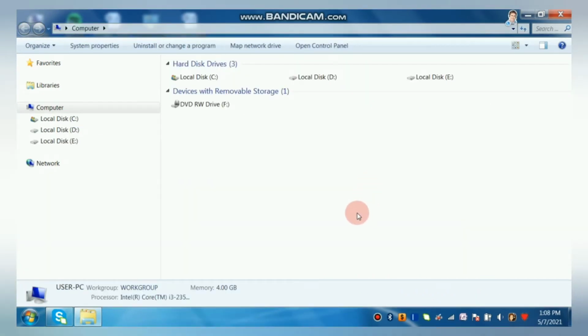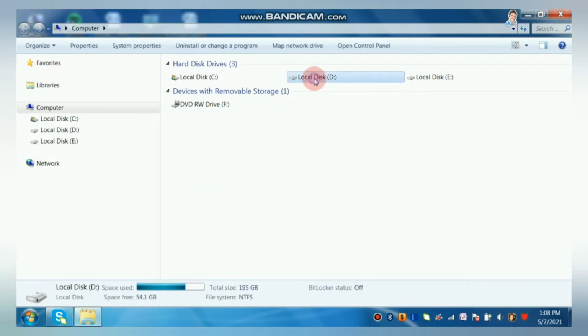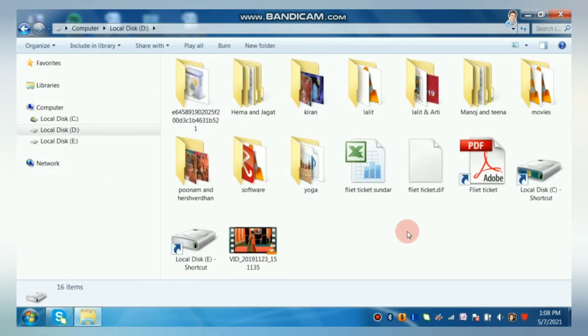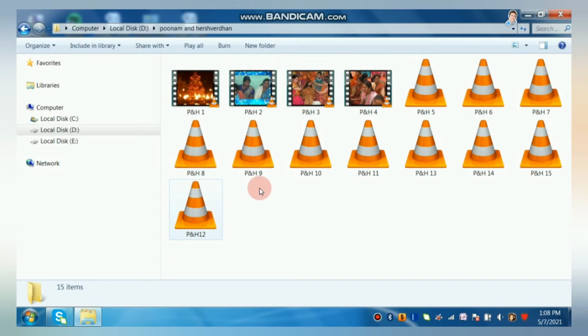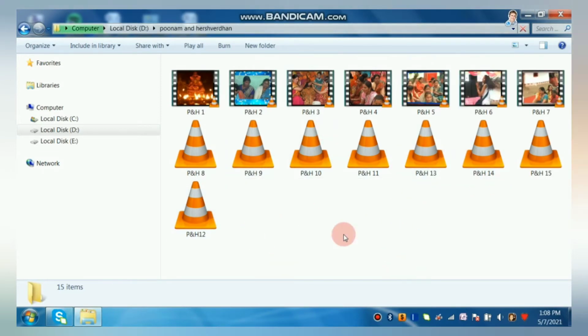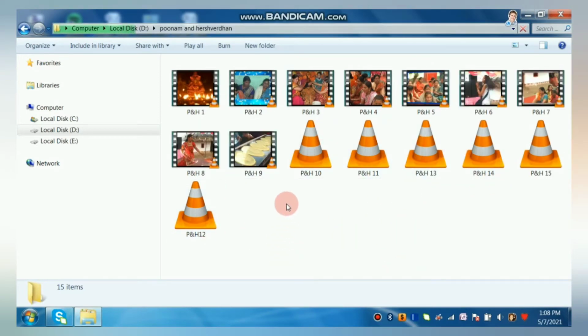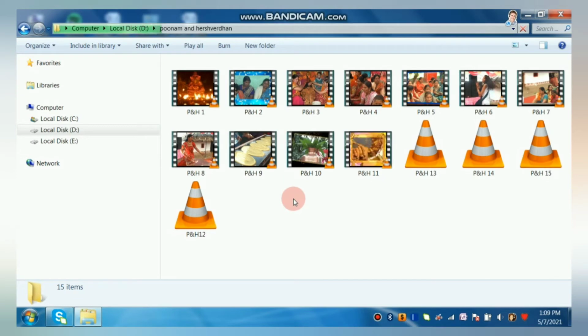To view the content of a file or folder, you just need to double click on the file or folder you want. Here I am clicking on this folder and there are various files. These are videos. As soon as I double click on these they will open and start playing.